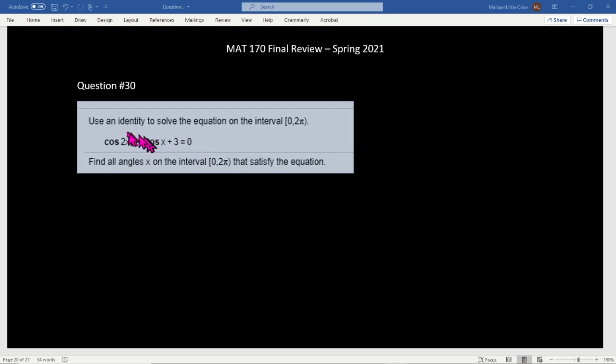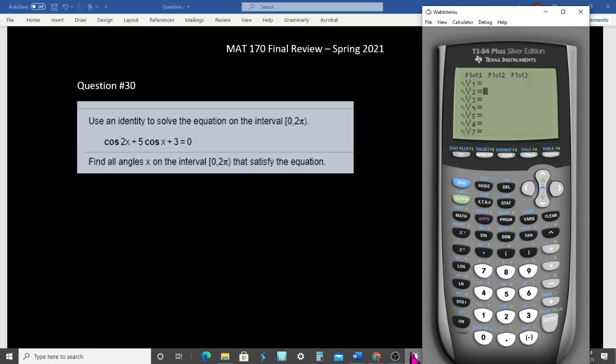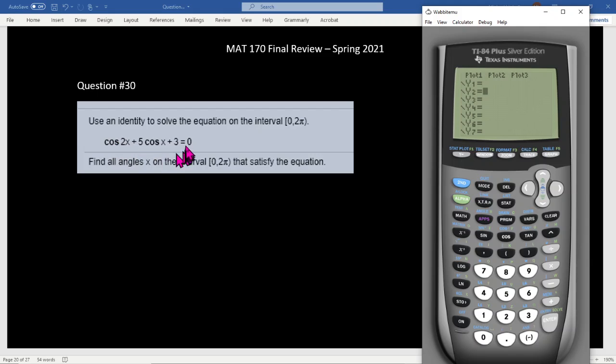Number 30, so use an identity to solve the equation with cosine of 2x. We could use a double angle formula and maybe it would work out good, but the other way, use a graphing calculator. We'll graph the left side as y1, we'll graph the right side as y2 and find the intersections. So we'll go with cosine of 2x